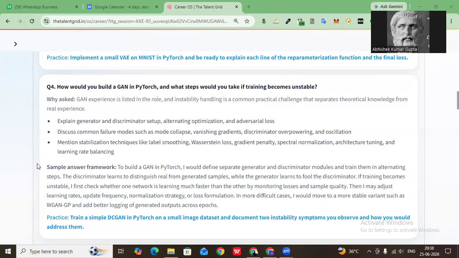Well, the GAN also has two parts. It stands for generative adversarial network. So there is one generator and one discriminator. The generator takes random noise and projects it to some target data set, like creating some